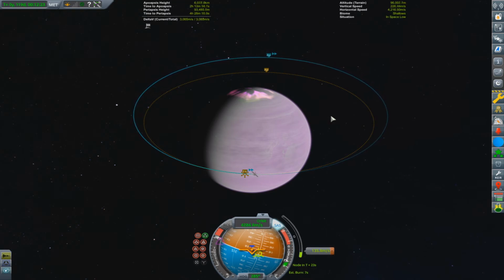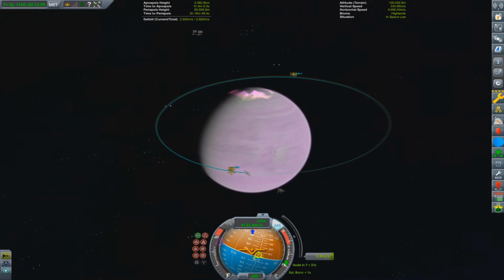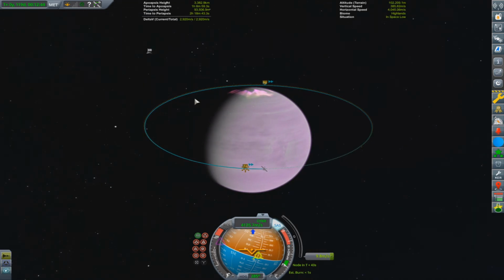Now I probably have, I'm sure I have plenty of delta V. Can I? To get back. That's good right there. Okay. Cannot delete maneuver node control. Oh, is that because? Right. I'm cut off from the space center. Great. Okay. So let's do a little time warp until